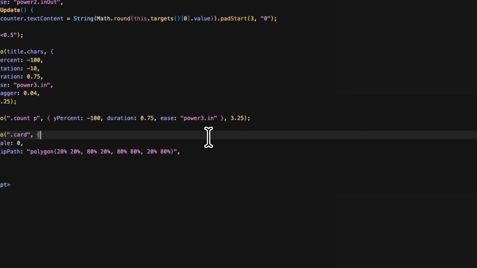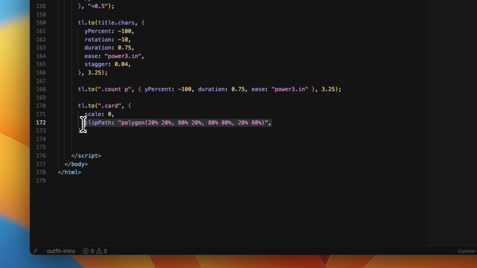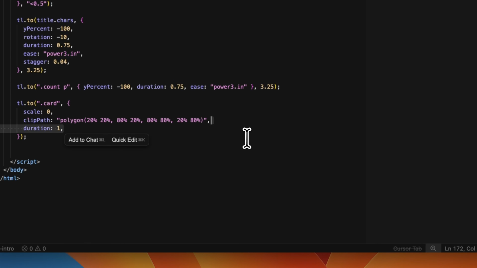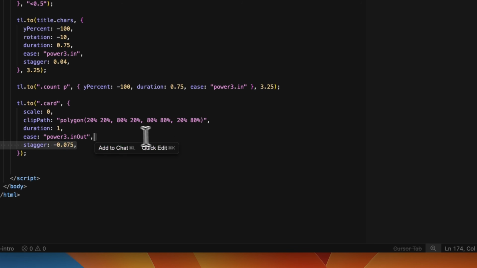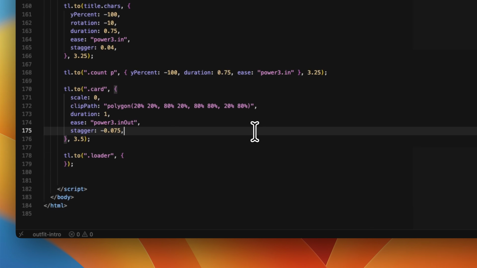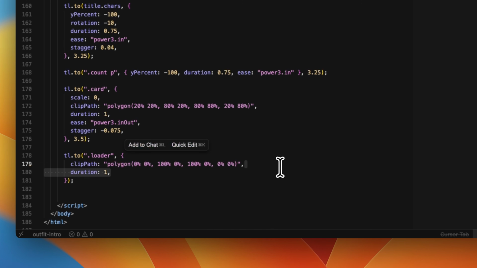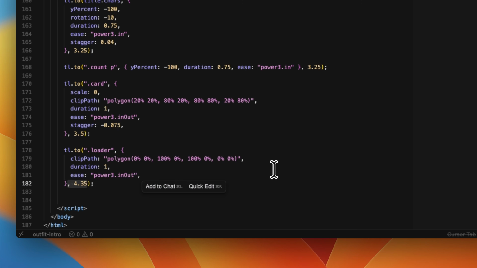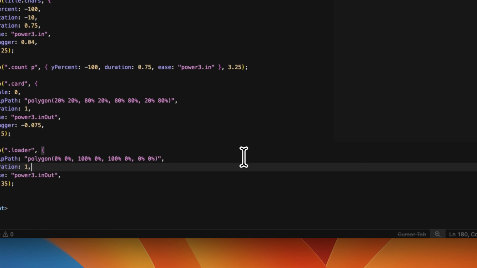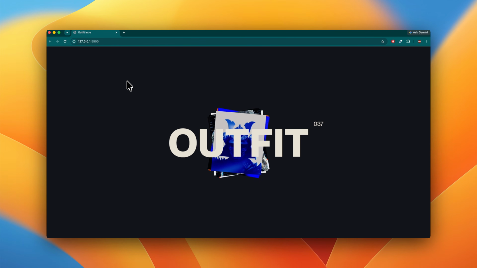Now images will be sort of becoming smaller in size, not completely hiding, but yeah, so this is that. We have the duration, ease, and then stagger. Again, the timestamp, and then the loading screen also needs to hide. So this time we hide it with duration 1, ease, and then this is the timestamp. And lastly, let's first save and let's see. So looks good,